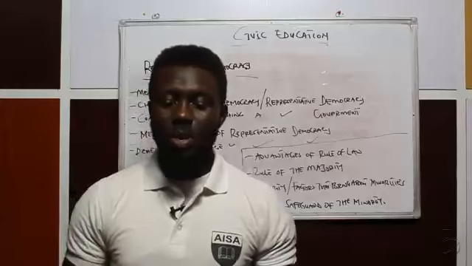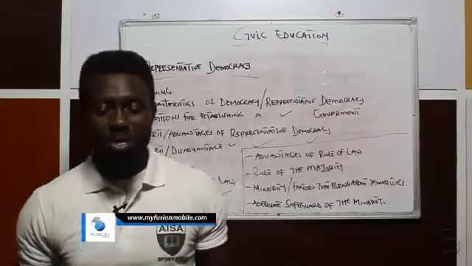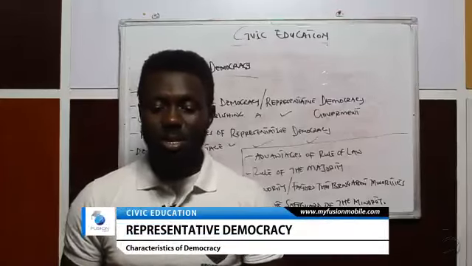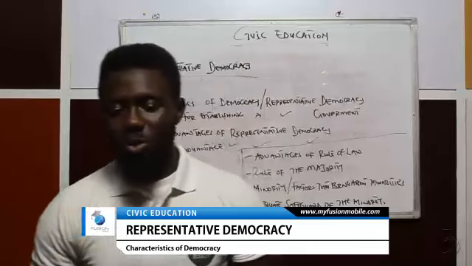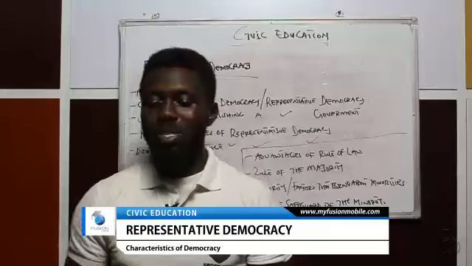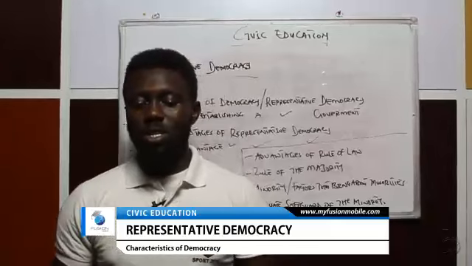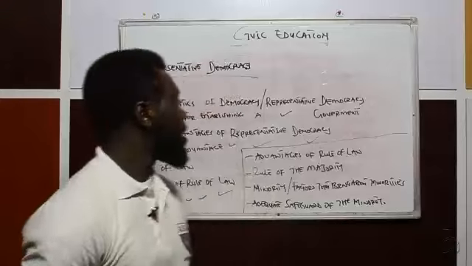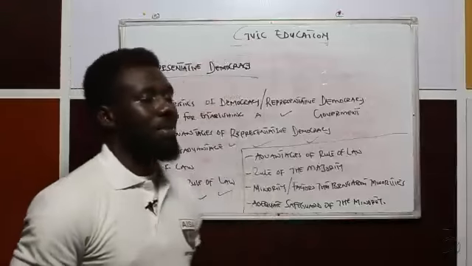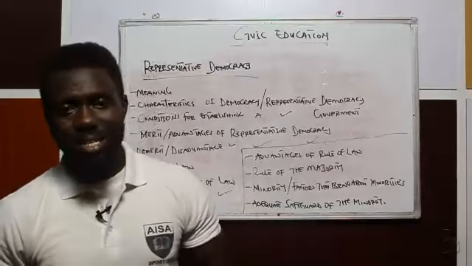Fundamental human rights are rights of every person as enshrined and protected by the Constitution. And then finally is the rule of law. The rule of law preaches the supremacy of the laws of the Constitution and equality of all before the law. These are conditions for establishing a representative government.